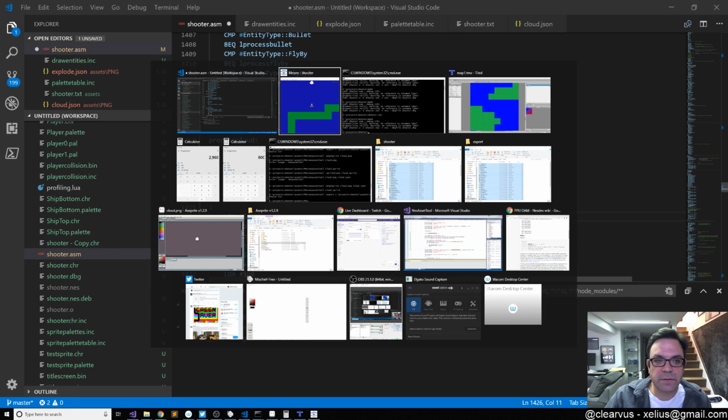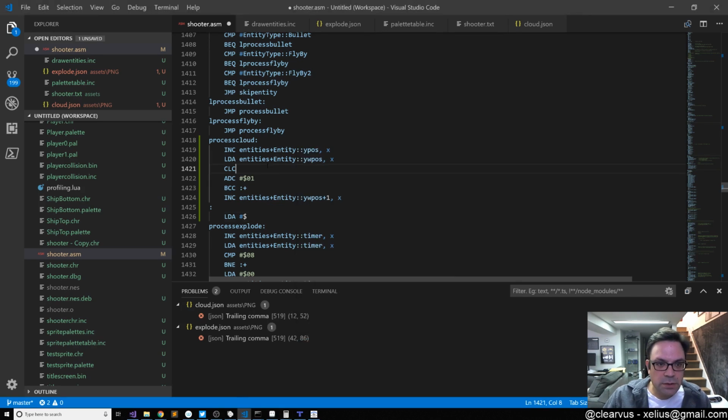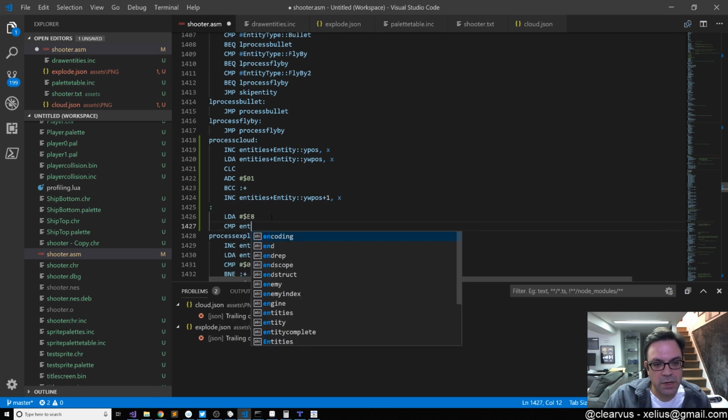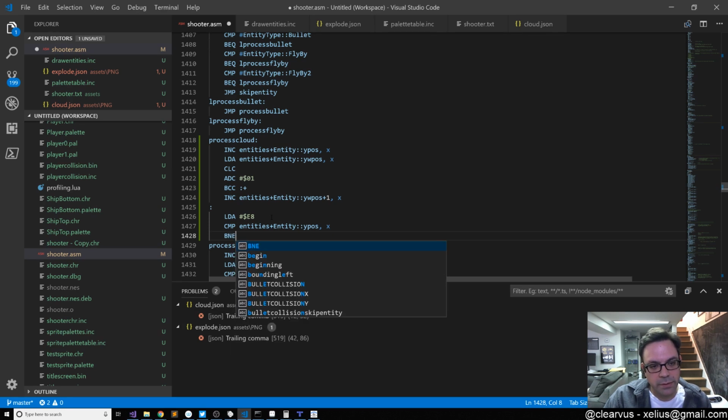It's not F, it's not FF, it's 240 decimal, so it's F0 minus 8, so 232, that's E8. So I want to compare it to, if we get to E8, oops, I'm in the wrong spot. Load A E8, compare to entities plus entity Y position X, and then if it is not equal, then we will,